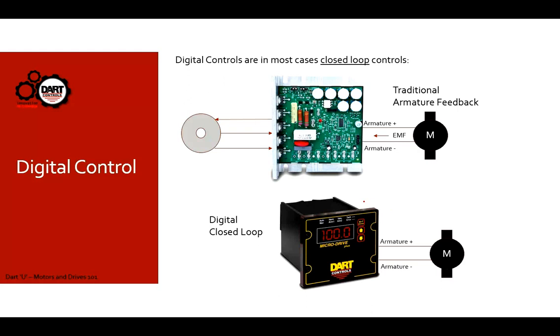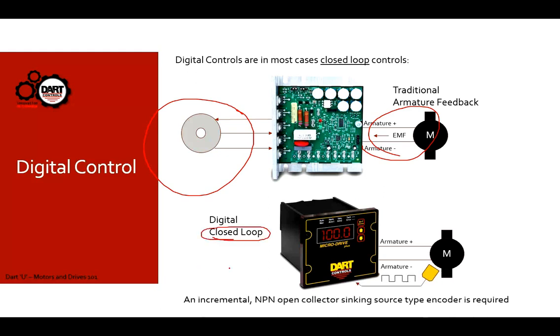So here's, again, to recap where we were, the traditional SCR control. We've got a speed pot input. We're using back EMF from the motor to get an idea of how fast the motor is actually running. A digital control is closed loop. And that means that we need to add some sort of speed sensor, usually called an encoder, mount that to the motor or somewhere in the motor drivetrain. So these pulses that are generated from that encoder are fed back to the digital control, and for information, but also for